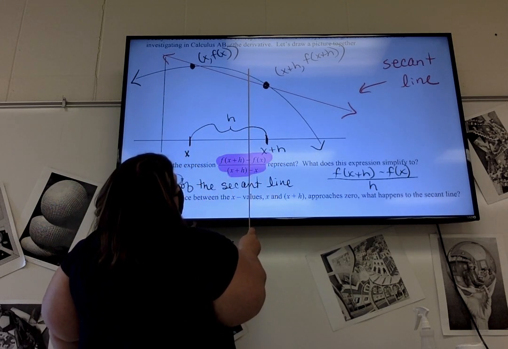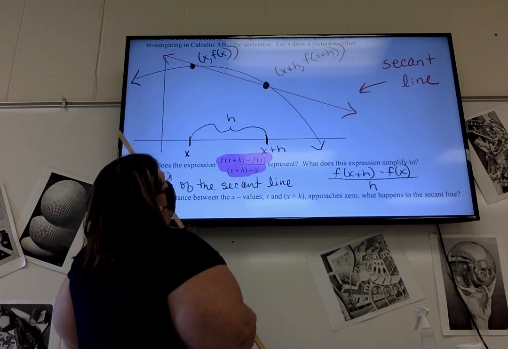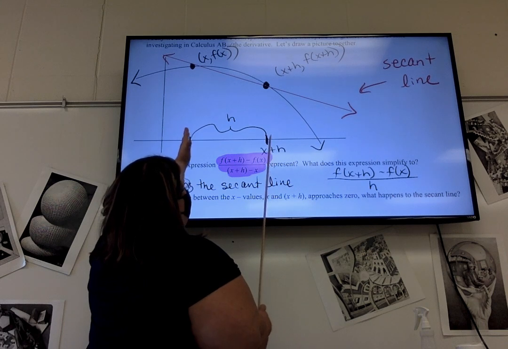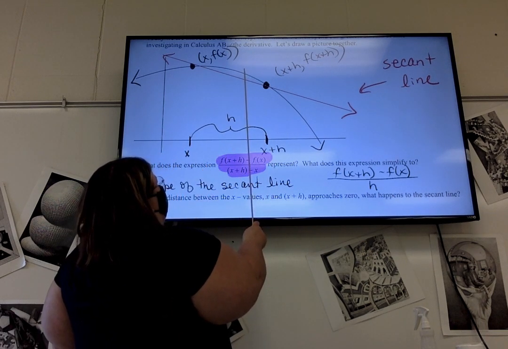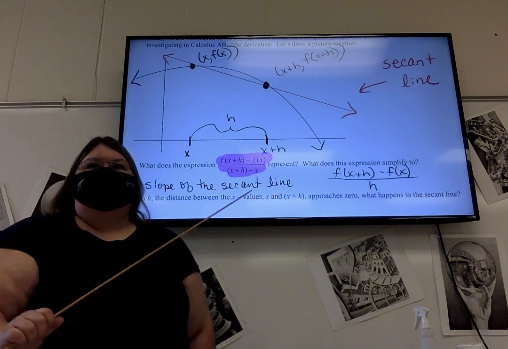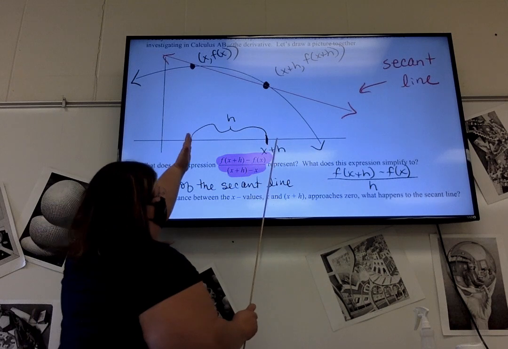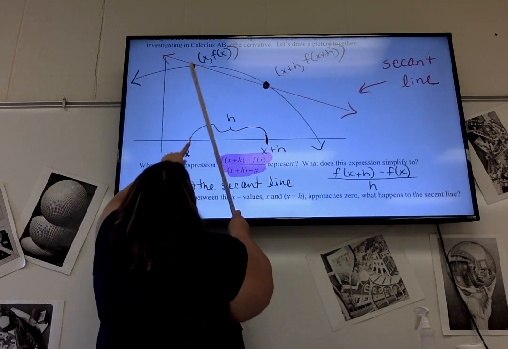Is it still a secant line? If I squish these together and it crosses it here? No, a secant line has to cross it in how many places? 2. If I squish these together to where there's no distance between these 2 points,